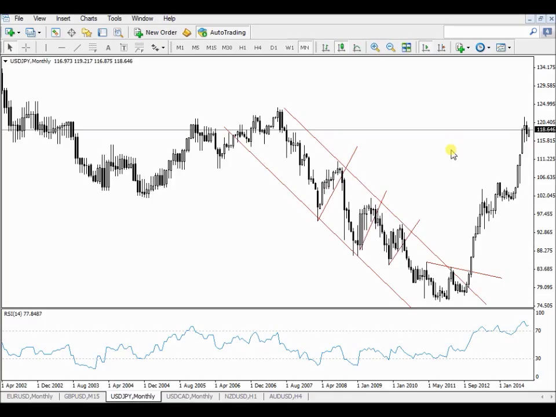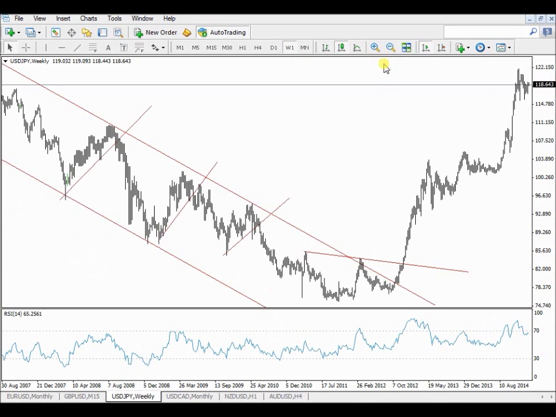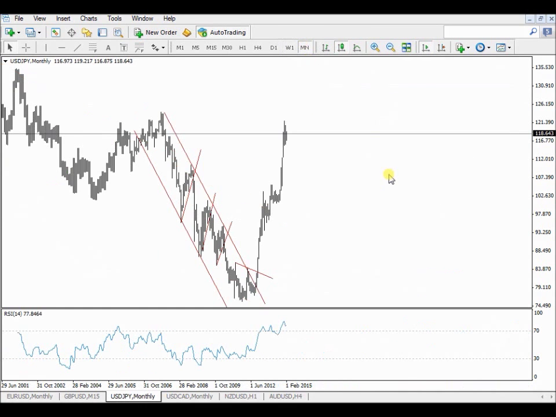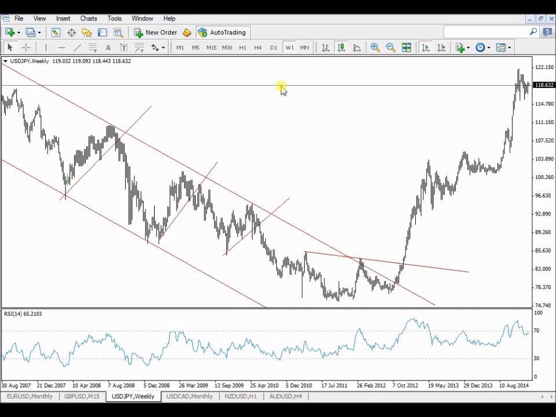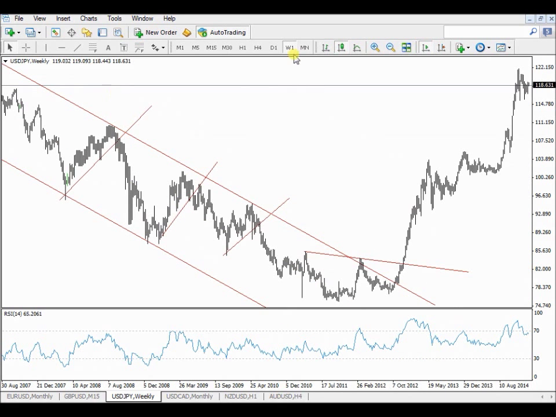Abigail is asking a question, how do I know when support will break? Abigail, we don't know when support will break, and we don't know if it will break. Same with the resistance. Here in this example, it was in a bear market from 2006 to 2009. So that's a 3-year downward movement where the bulls couldn't break the resistance. Look at the resistance here, I will show you. For 3 years in a row.